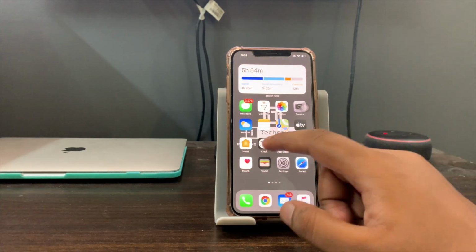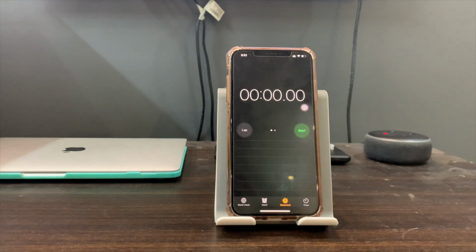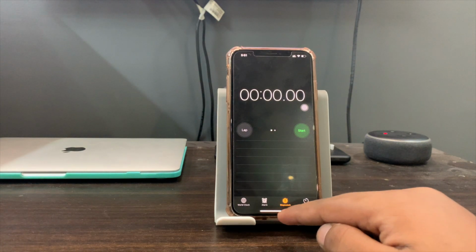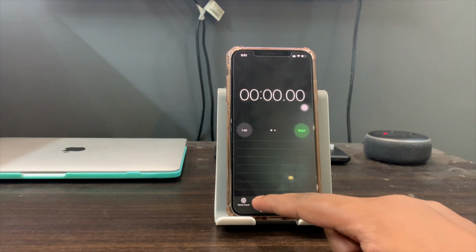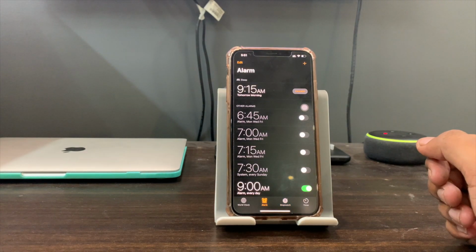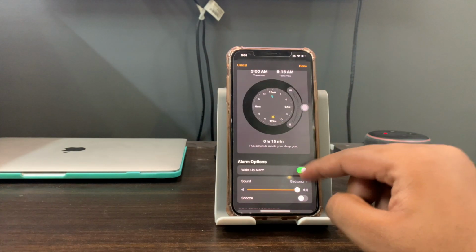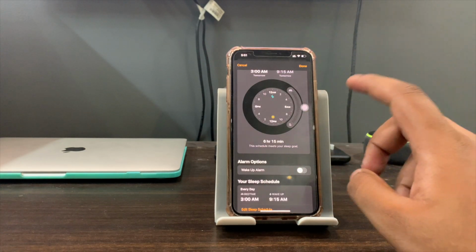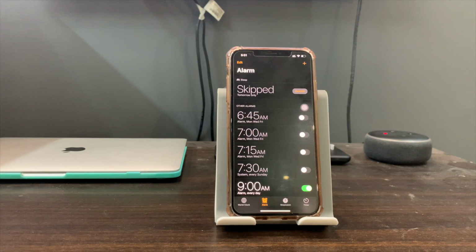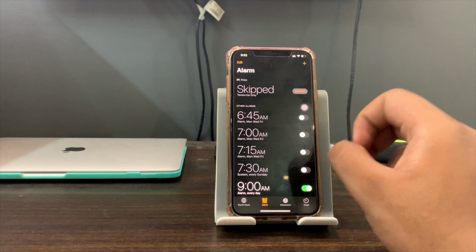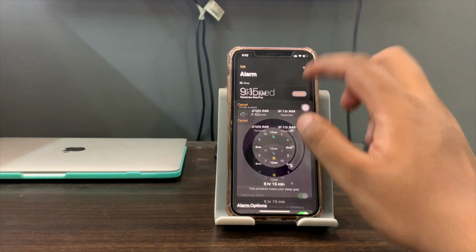Then the changes are in the clock app. When you go in the clock app, you will notice that bedtime is removed from here, and now we only have 4 options. And when I go in alarm, I can see the sleep schedule on the top. So I can click on change, and I can choose to turn off my alarm for a particular day. Suppose it's the weekend and you don't want to wake up early, so you can turn it off from there, and then a message will be shown that it's skipped for tomorrow only, and you can also enable it again.